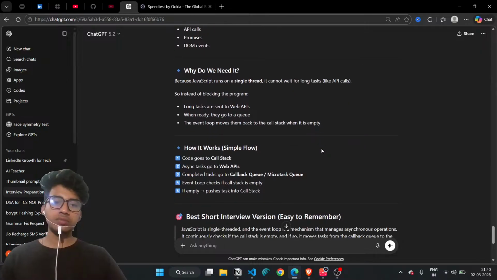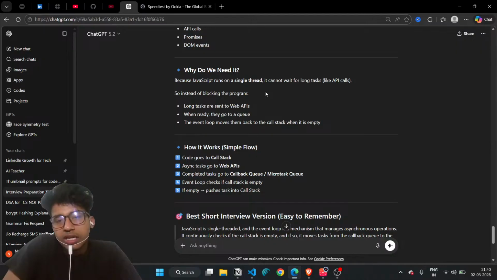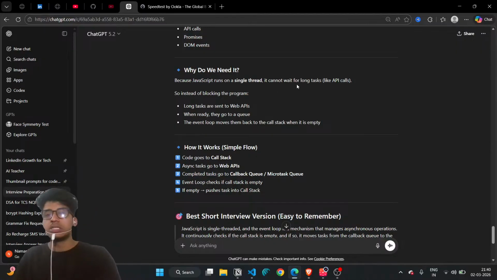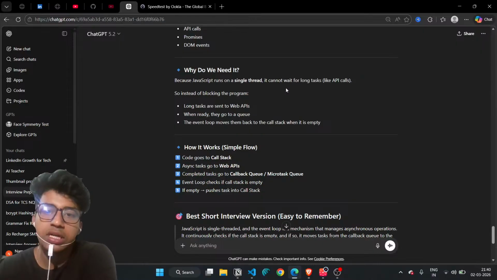Why do we need it? Because JavaScript runs on a single thread. It cannot wait for long tasks. Single thread language hai JavaScript, ye toh pata tha, but it cannot wait for a